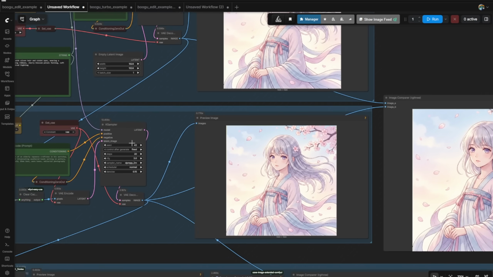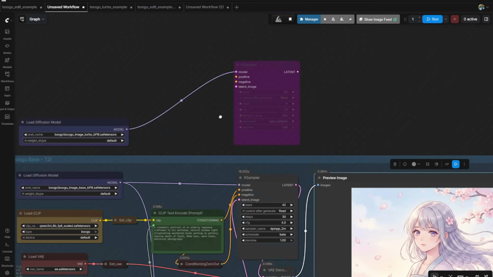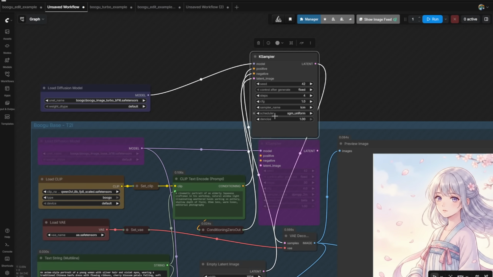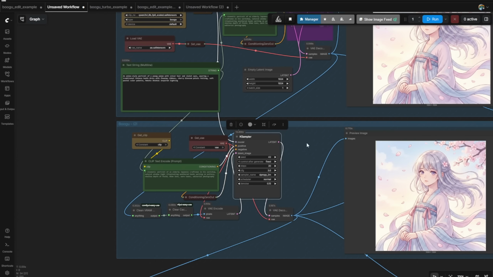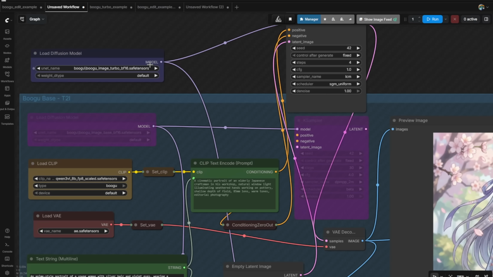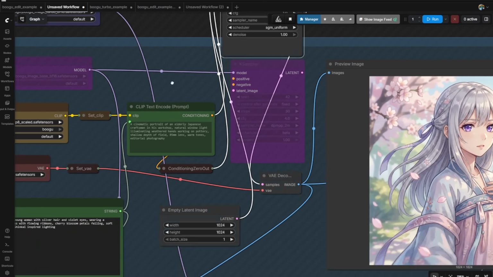So in this case, I'm going to take this image and use the turbo model. So I'm going to swap this one to the turbo, as well as the sampling. I'll bypass the base model, and we're going to use the turbo model. And then we wire that up to the second pass as well. Here I have the turbo model with turbo sampling steps and method, connected with also the second pass here using